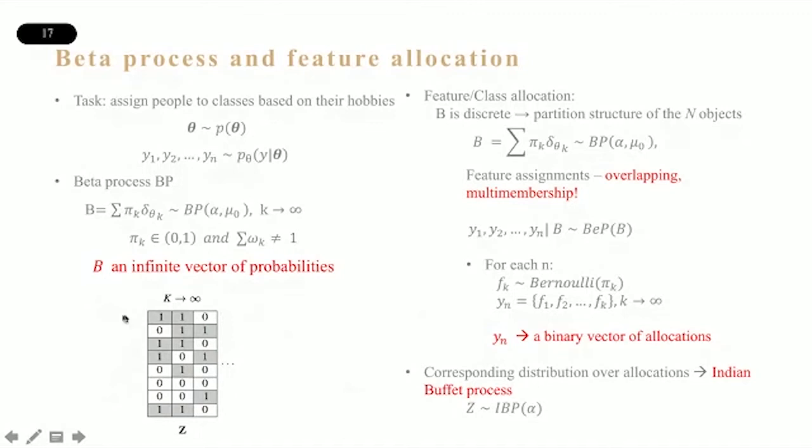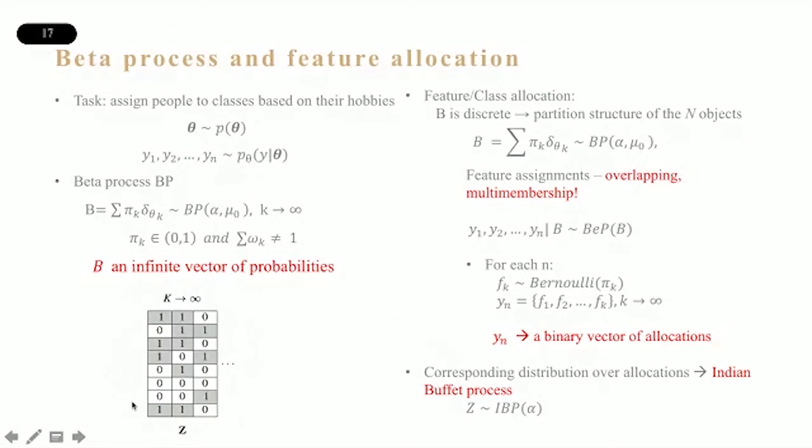I think there are 8 here. Yes. Then each column, which is a class, is associated with a probability p, which is sampled from the beta process. Then I fill in with 0s and 1s in the second step, where for each column, for each class, I flip a coin to decide whether this object will be assigned to that class or not. And that's how I construct the feature allocation matrix, the matrix that indicates whether an object will be assigned to a class or not.